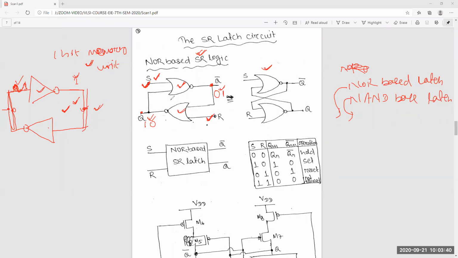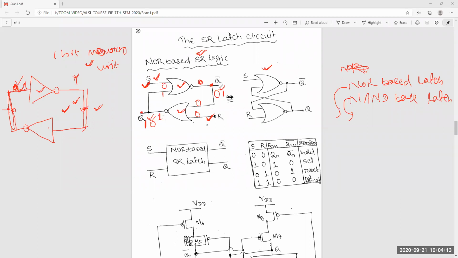what happens? Assume Q is equal to 1 and the other is 0. What is the output of the NOR gate? This is 1 and this is 0. Again, at the same time you can see here 0, here 0, and what you get is 1.